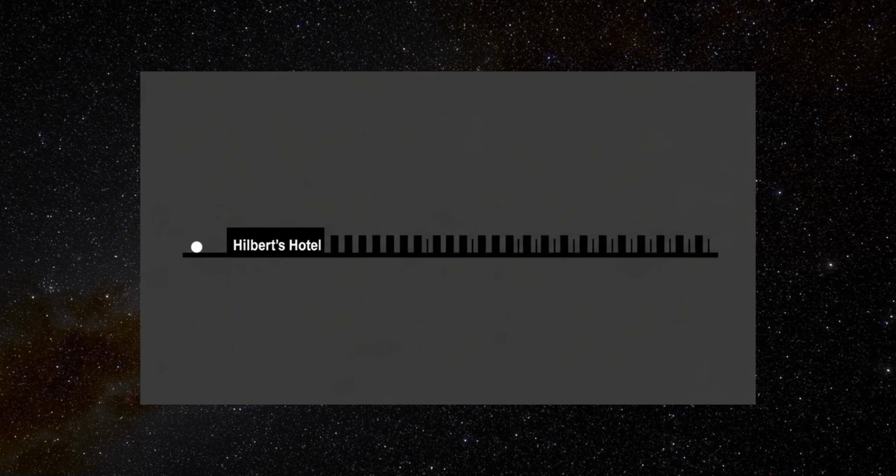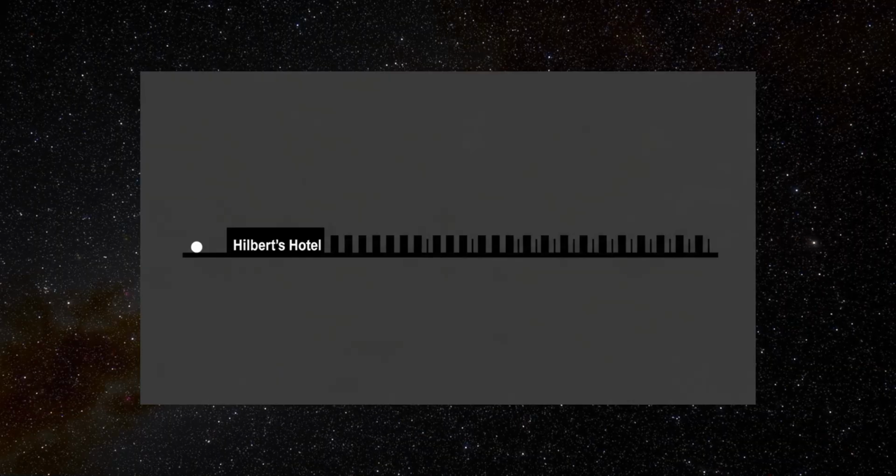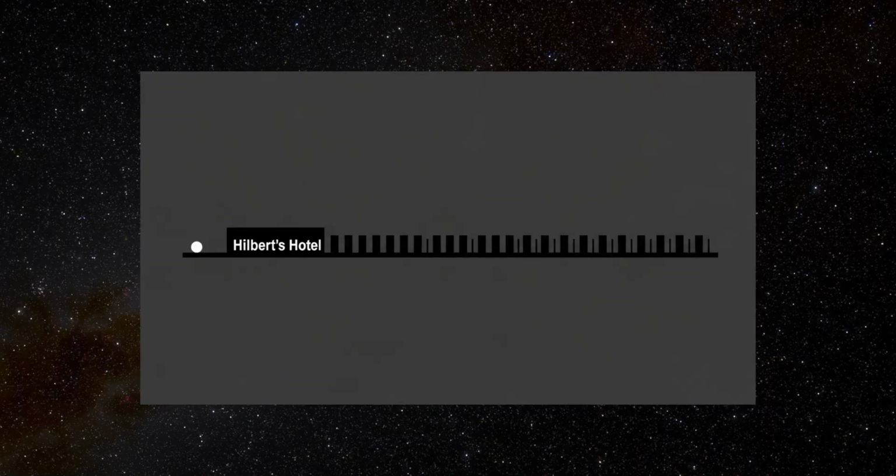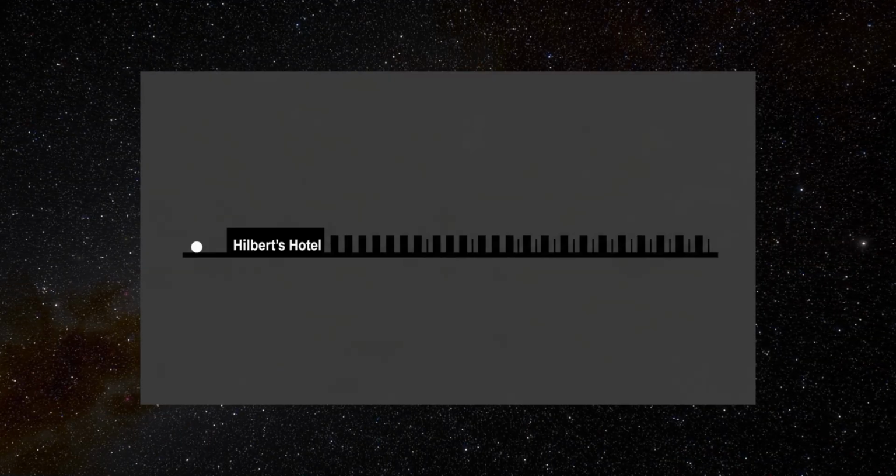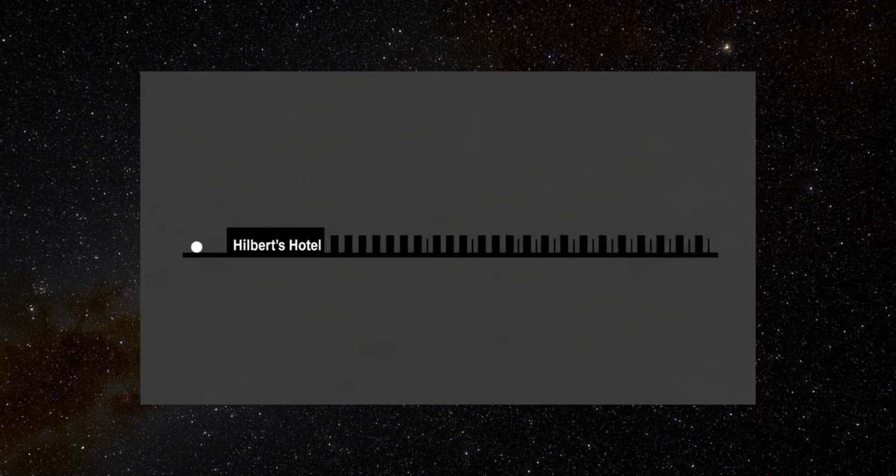The paradox doesn't violate mathematical principles, rather, it exposes the unsettling implications of those principles when applied to the infinite. It raises questions about infinity not only in mathematics, but in physics, cosmology, and metaphysics, such as the nature of an infinite universe or the possibility of infinite time. In essence, Hilbert's hotel shows that infinity is not just a very large number, it's a different kind of entity altogether, with rules that twist and stretch the boundaries of common sense.